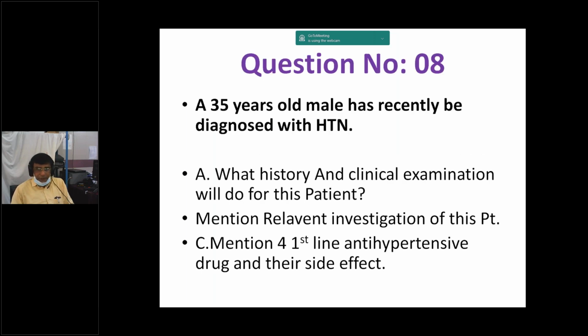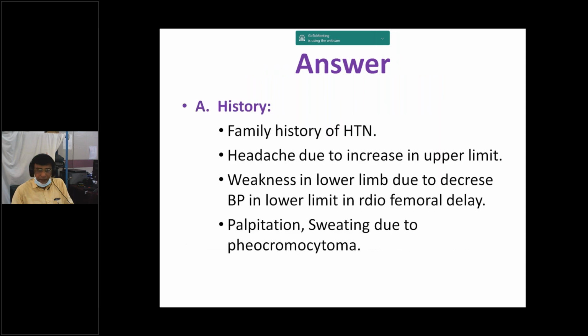Now question number 8. A 35 years old male has been recently diagnosed with hypertension. What history and clinical examination will you do for this patient? Regarding history of this patient, we will take the history of hypertension, family history of hypertension. Second, the patient may have headache due to increased pressure in the upper arm, and weakness in the lower limbs due to decreased blood pressure in the lower limb in coarctation of the aorta,